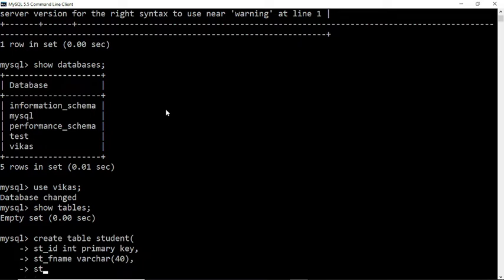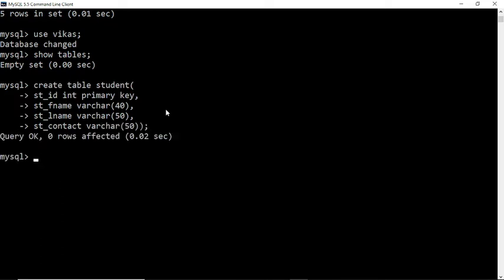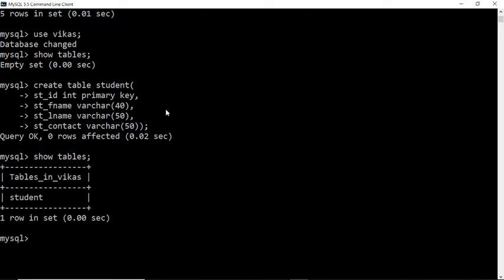Then student L name, also varchar 40 or 50, whatever you want. Then student contact, varchar 50. Clear? Your table is created. If you want to see how many tables are in your database, show tables. Look here, only one table is there.